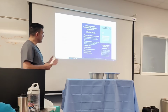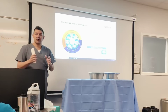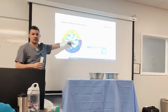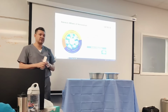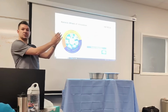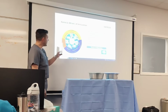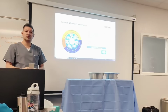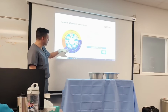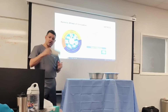So, next slide. Okay, this is sort of Kerecis' wheel of innovation. So we have a variety of different types of markets. We have our yellow area here, which is our Merigen product line. This is covering basically our office wounds, and we have it segmented now where we have Merigen that's covered strictly in the office or in the wound care center. We have a wide variety of different sizes. Then we have our Graft Guide. Graft Guide is going to be more focused towards our burn specialties, and then our surgical trauma wounds is called our Surgiclos. And so with our different product configurations, we have a solid sheet, which is like